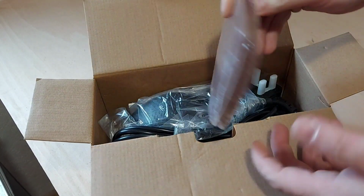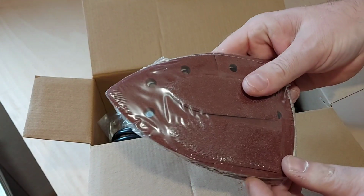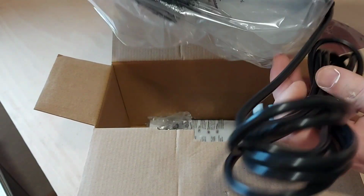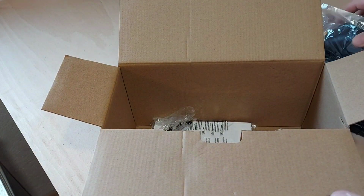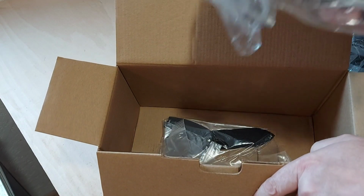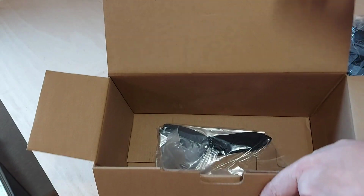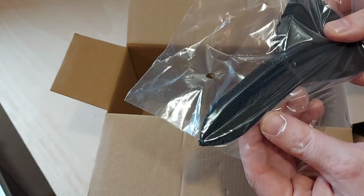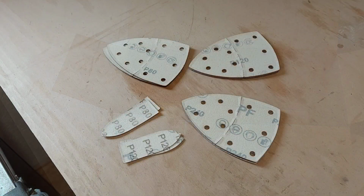Right. So we've got some sanding pads. Got the sander itself, feels quite weighty. The usual paperwork, instruction manual, and the extended finger sanding pad. So right out the box you get